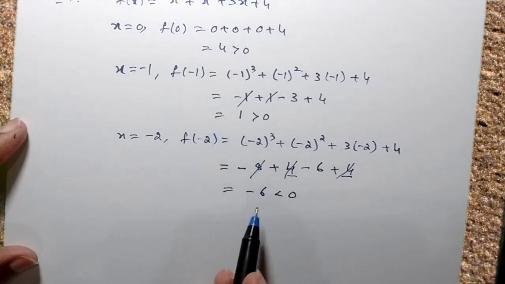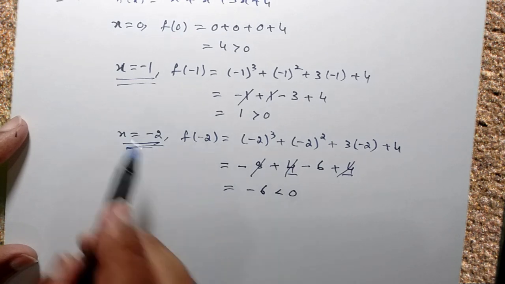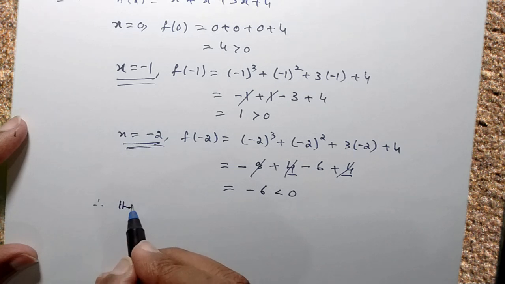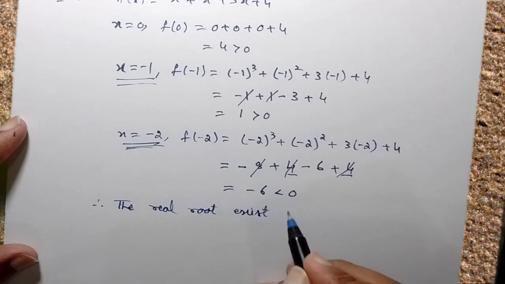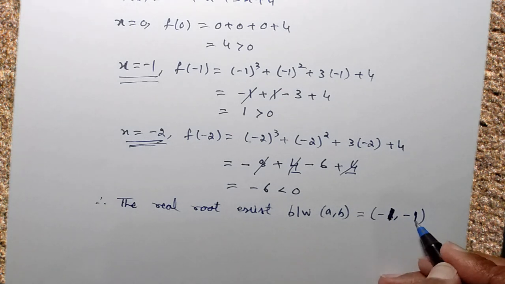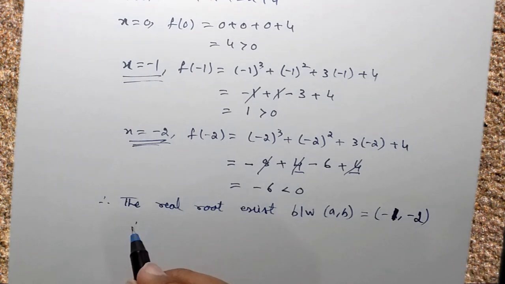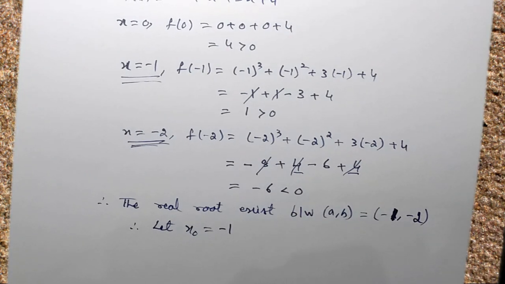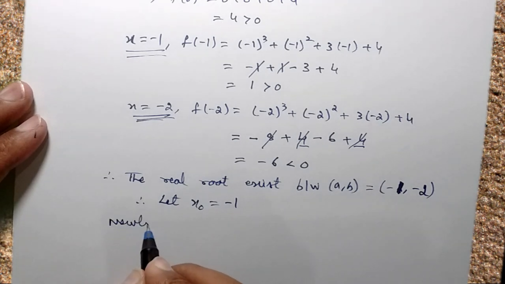So previous was positive. This is negative. Which means a root will lie between them. Whenever you have one positive and one negative, there is one root between minus 1 and minus 2. Therefore, the real root exists between the values of a and b. The real root lies between minus 1 and minus 2. Therefore, let me take the value of x naught to be equal to minus 1. So, if you take x naught to be minus 1, in that case, your Newton-Raphson formula will be